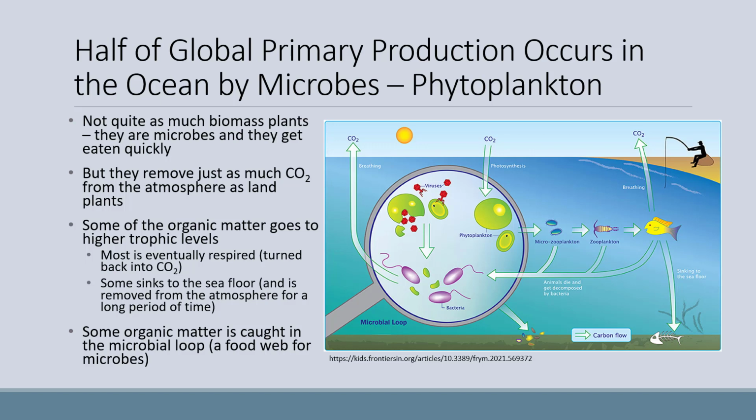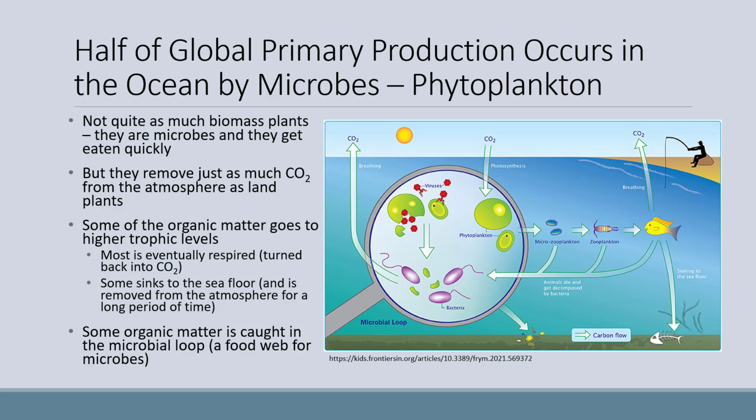Some of the organic matter goes to higher trophic levels. Most is eventually respired, meaning it is turned back into CO2. But some sinks to the sea floor and is removed from the atmosphere for long periods of time. Some organic matter is also caught in the microbial loop. This is a food web for microbes and is shown under the magnifying glass in the image to the right. Rather than zooplankton eating phytoplankton and fish eating zooplankton and so on up the food chain, heterotrophic bacteria eat phytoplankton,